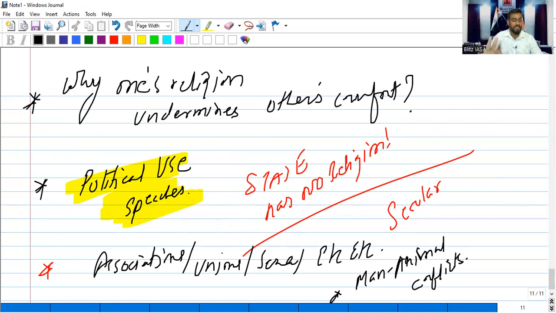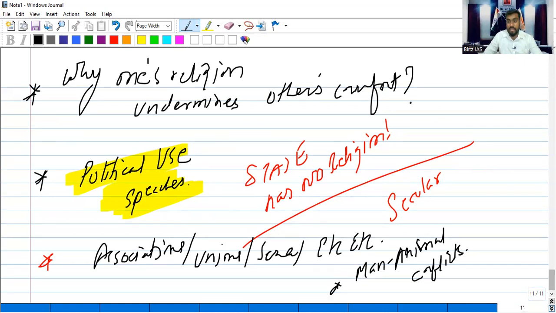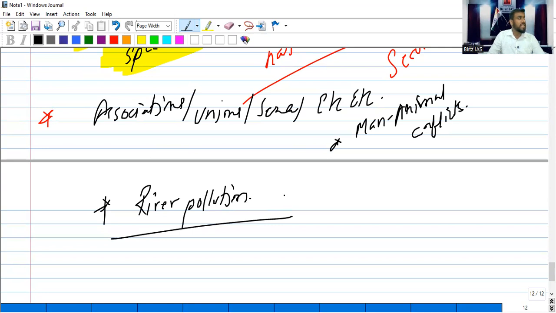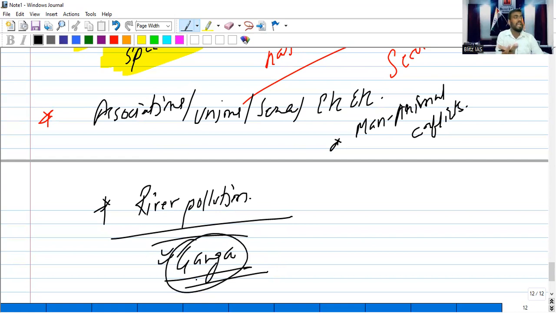See, my stand is simple. I told you, there's an example from one candidate that river pollution in the name of religion, in the name of belief, in the name of practice, you are polluting the river. गंगा मैली हो गई है, आप धोते धोते, इतना फूल माला अगरबत्ती उसमें हमने चढ़ा दिया है कि गंगा का आज आचमन करने लायक भी पानी नहीं है, पीने लायक भी पानी नहीं है गंगा का।